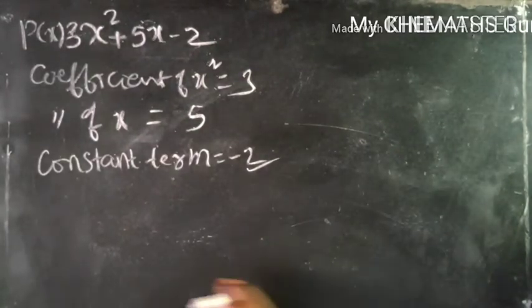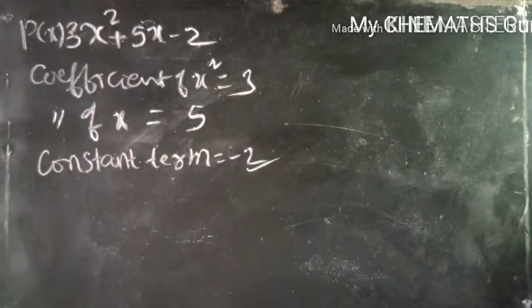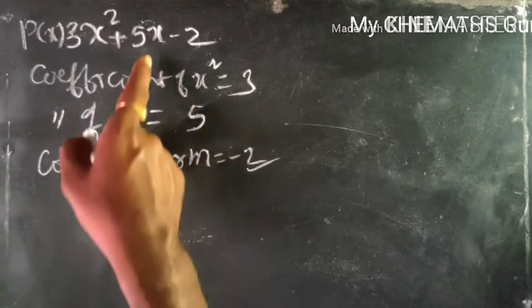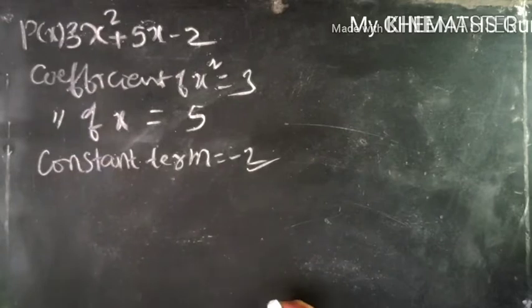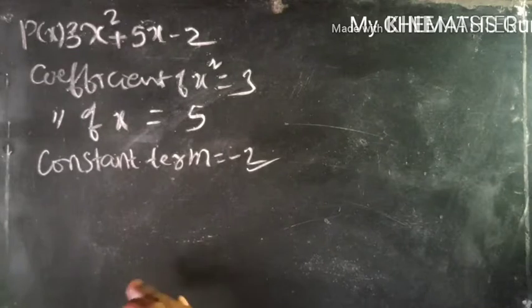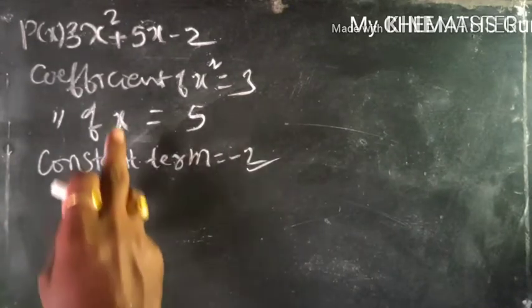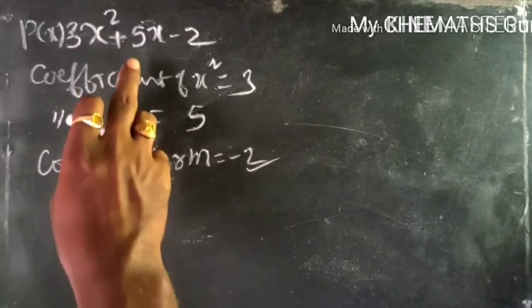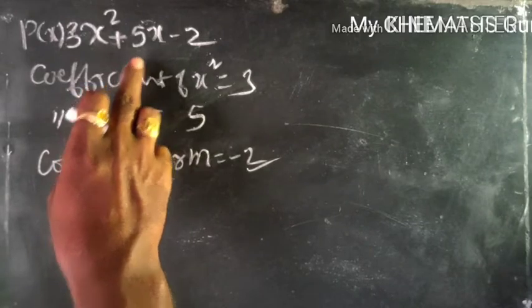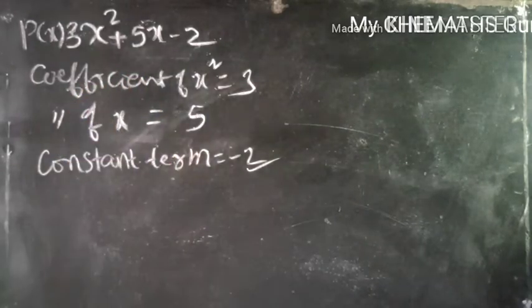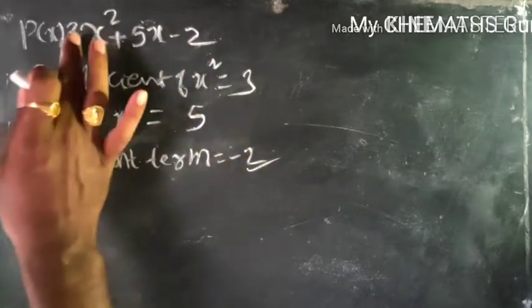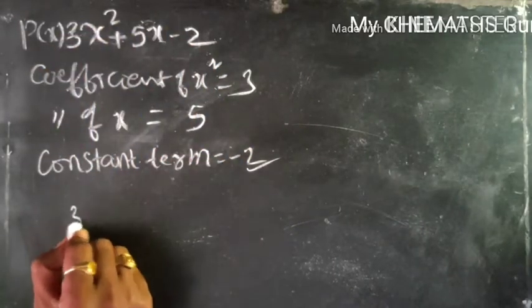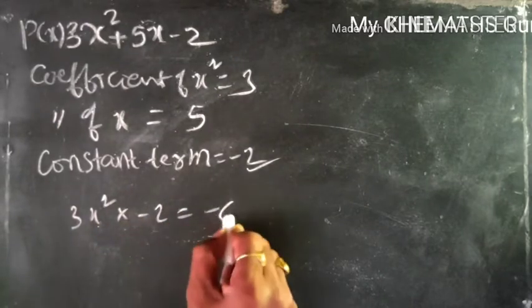Now what are the zeros of this polynomial? How to find zeros of the polynomial? We have learnt in previous classes, in 8th class itself, how to factorize an algebraic expression. So by using that concept, we factorize this polynomial by splitting the middle term. It can be written as a sum of two terms such that the product of these two terms must be equal to 3x square into minus 2, that is equal to minus 6x square.